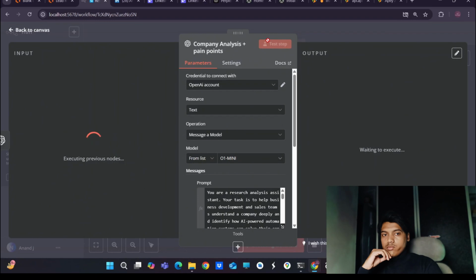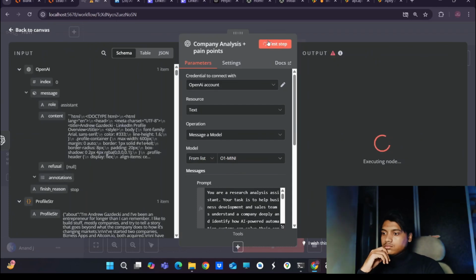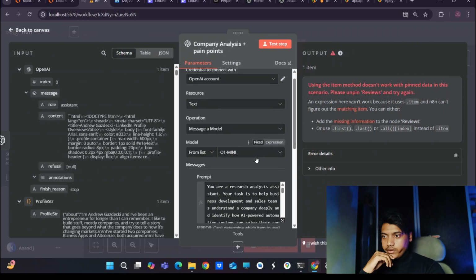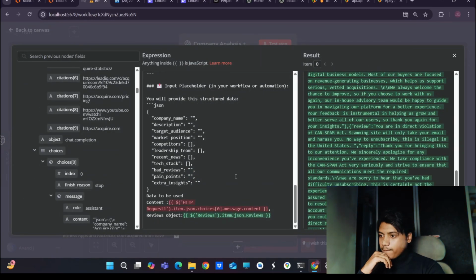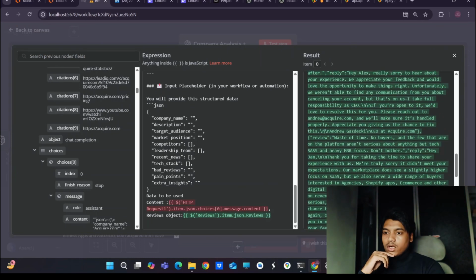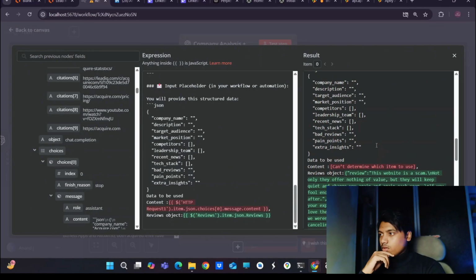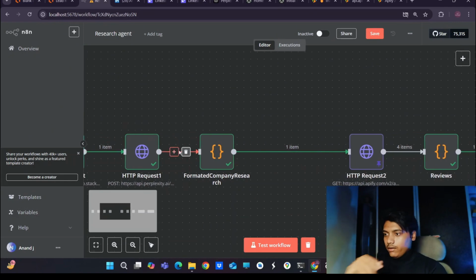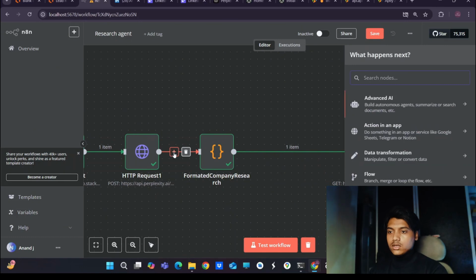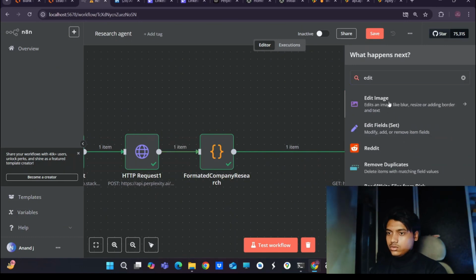Yeah, it is taking some time, but this time it should work. Now it is showing the error for this. Oh, why is it showing an error now? Can't determine which item to use. Okay, let's do one thing. Go into this Perplexity node. After that, just add one edit variable node. Let's take that data. So edit fields,